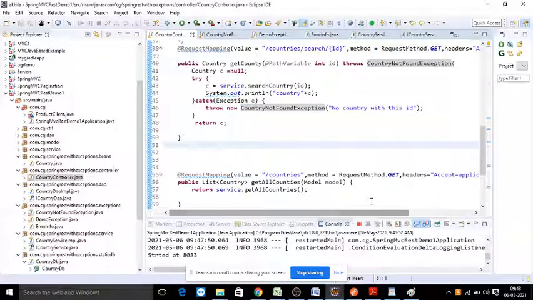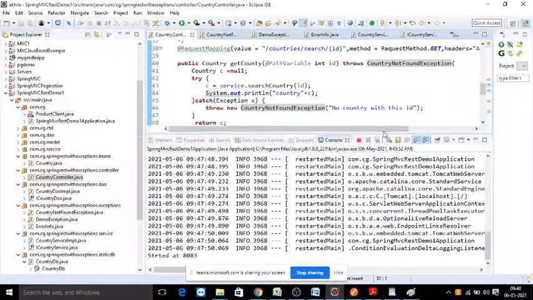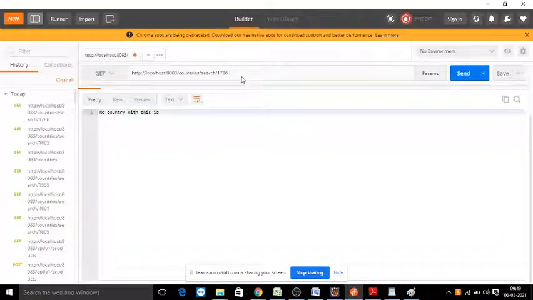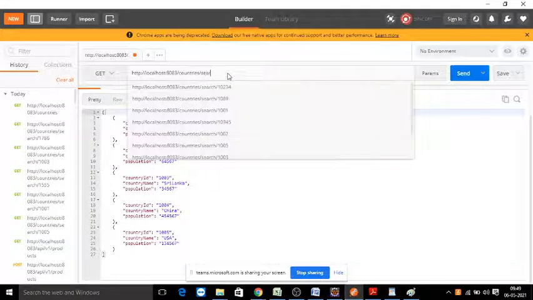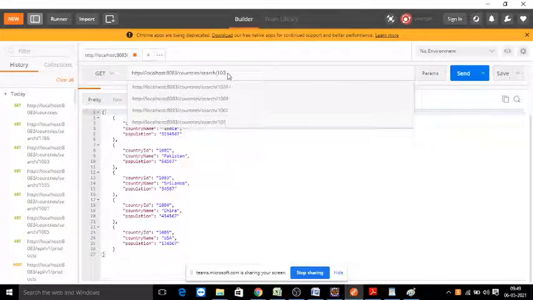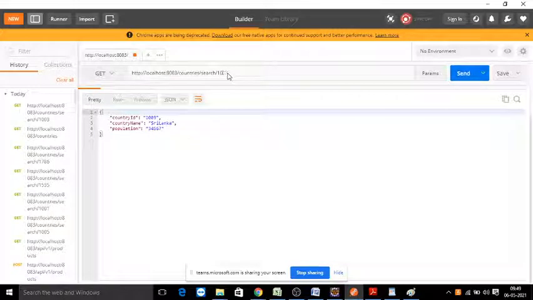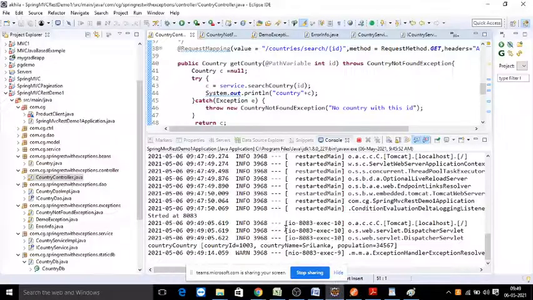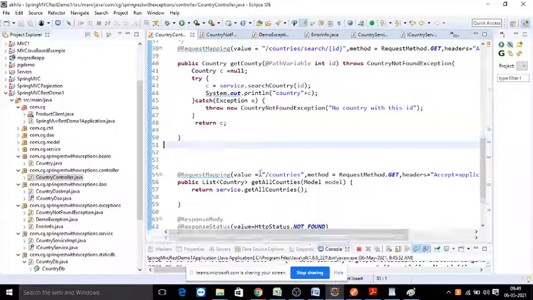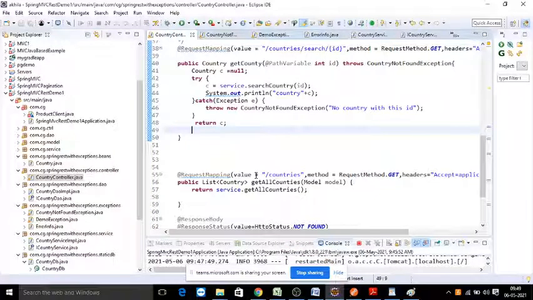You can practice with both cases. Whenever some ID is not present, it will show that. The execution-wise, there is no difference. This is about exception handling.